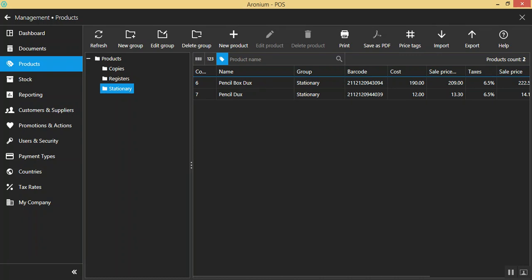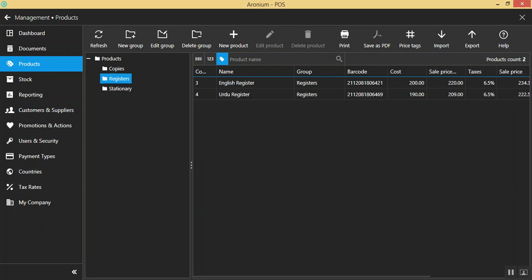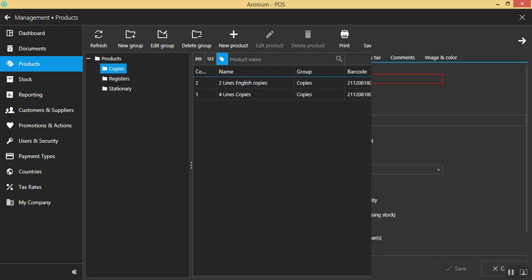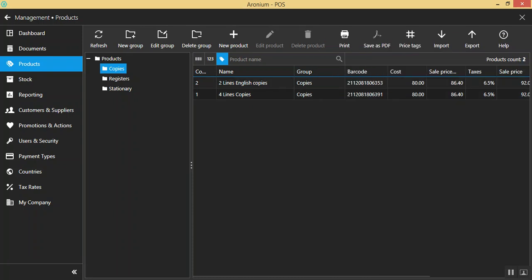For example, if you want to create a new group in stationery, you can select stationery and then create the new group. It will ask you to create the group with the parent group, so you can create nested grouping accordingly. And then we have a product. For example, if you create a new product, it will ask you the name of the product. For example, if I edit the product,